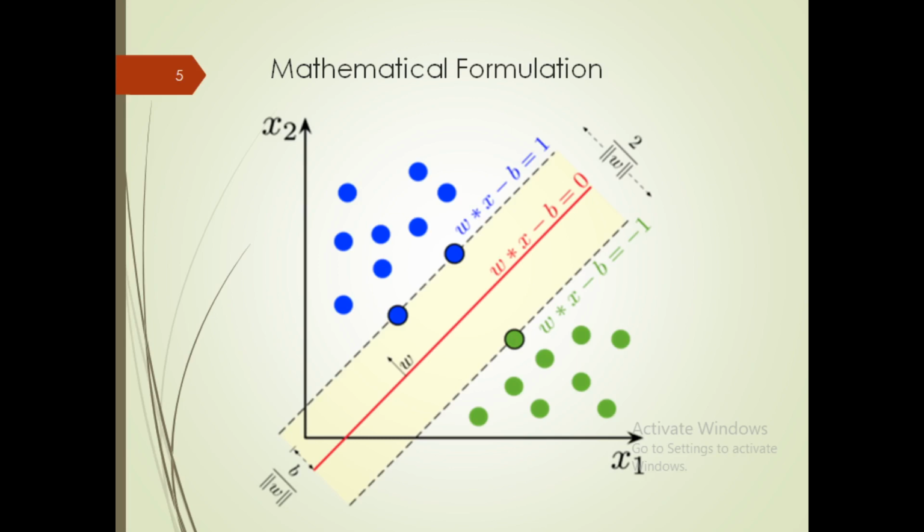And this is the mathematical formulation of an SVM. Over here we have a total of 3 lines, and this line is represented with w into x minus b equal to 1, and our hyperplane is represented with this particular equation, and our other class is represented with w into x minus b equal to minus 1. Whatever margin we are getting over here is given by 2 divided by the norm of w, where w is nothing but the normal vector to the hyperplane.